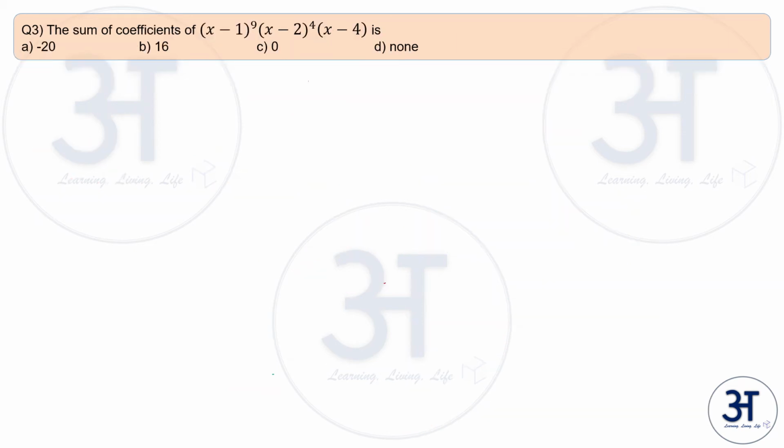Let's move to next. So this question is a very simple question. It is just asking the sum of the coefficients of an expression. So you can simply find the sum of coefficients of an expression f of x by replacing x equal to 1. Right? So let us just find f of 1. That will be 1 minus 1 whole power 9 into something. So this is 0. So the answer would be 0. Let us move to question 4.